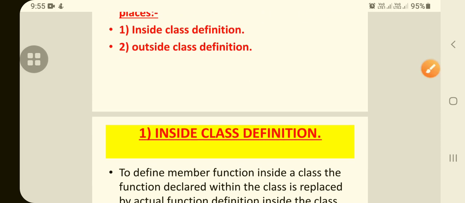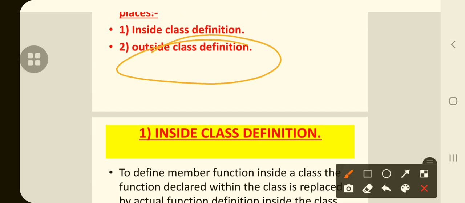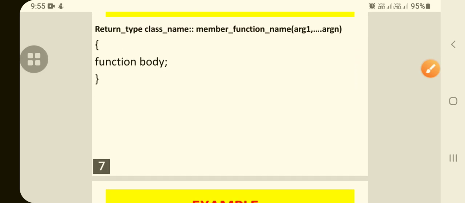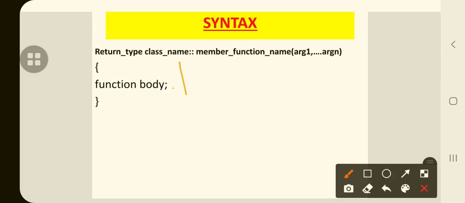If it has to be defined outside of the class, then it has to access the function name with the help of the scope resolution operator. So that is as shown in this syntax. Here the class name will be there, and here the return type will be there.